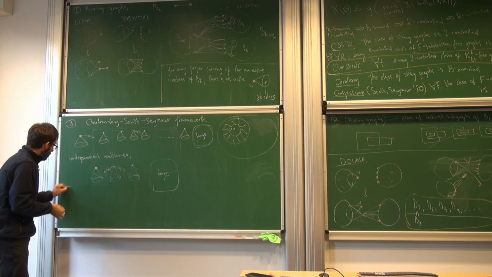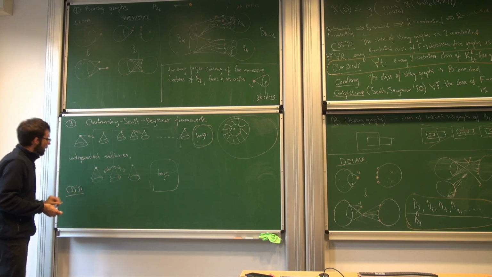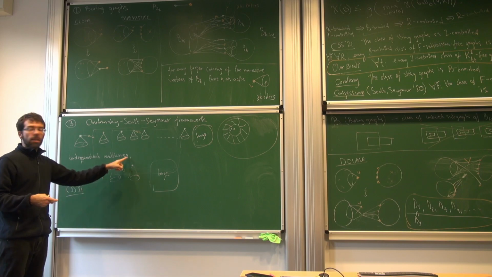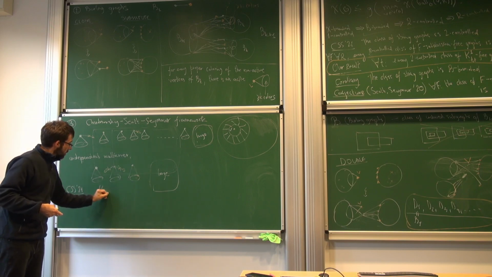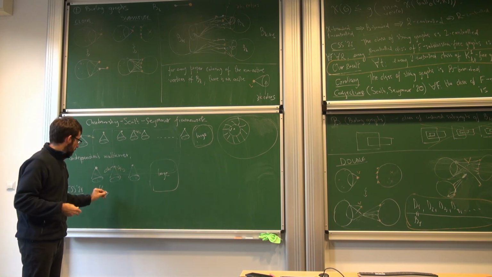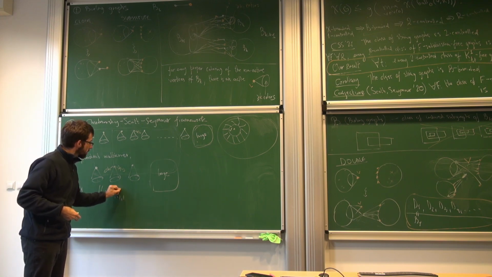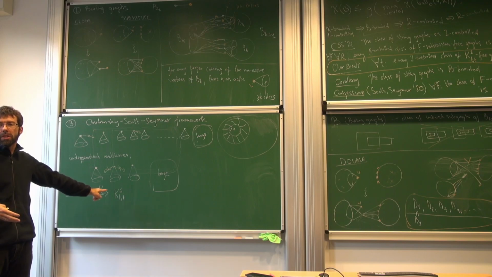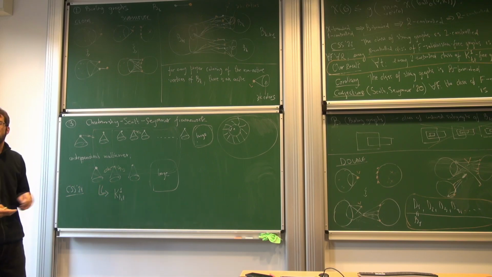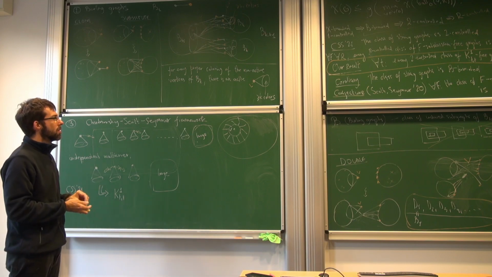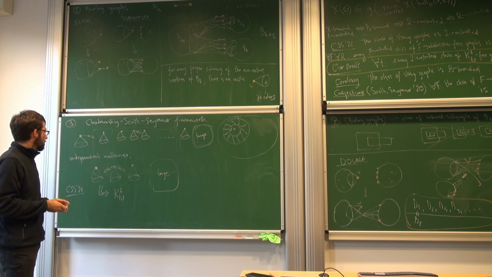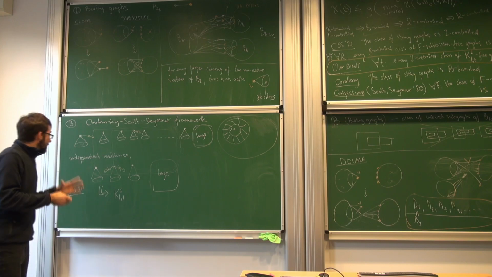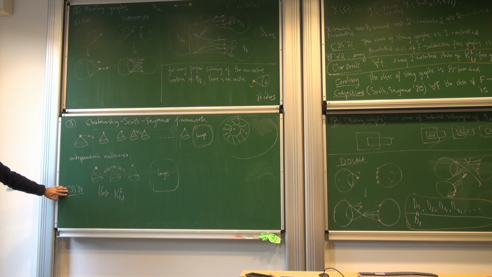Now, Chudnovsky, Scott, and Seymour proved that a large independent multi-cover implies K_{t,t+1} as an induced subgraph. They can find it. I don't want to explain how this is done because it's a complicated argument, but it's all in that paper. We don't introduce anything new here. It's just a tool that we can use whenever we want. Okay?